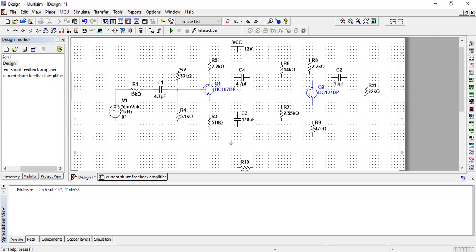Now from here to where should I connect? From here to